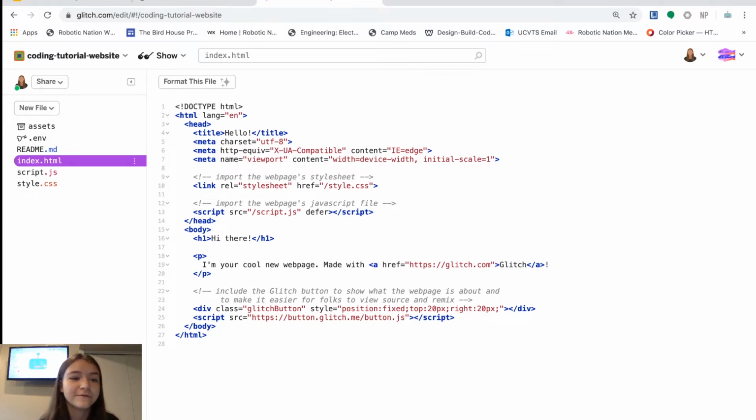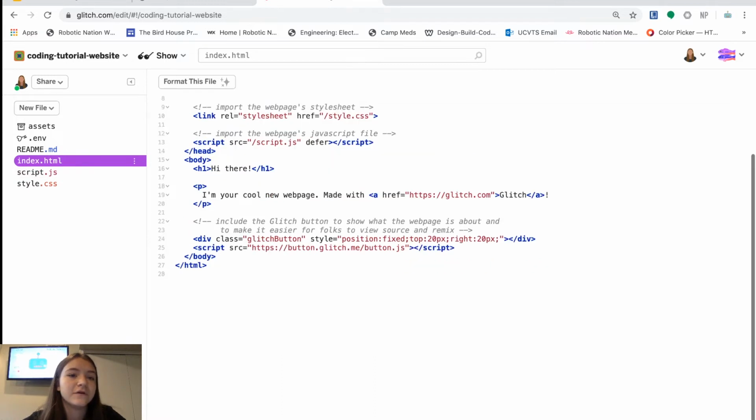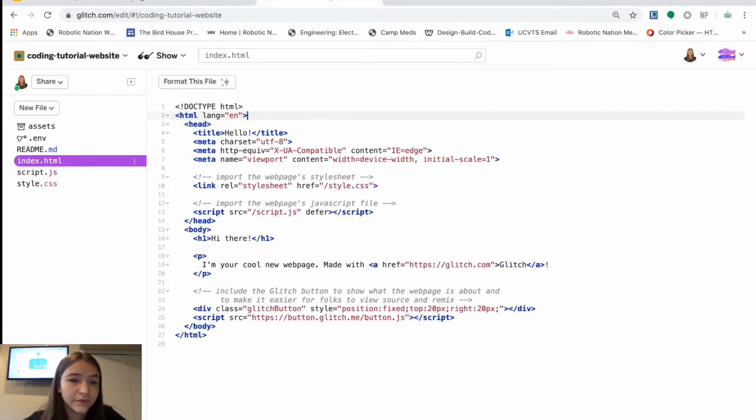Index.html is an HTML file because we have that .html extension, and also, as we talked about in the Google Slides, we have this doctype HTML line at the top of the document. Alright, so let's see if we can find the other things that we saw in the slide. Right after our first line, we have html lang equals en. Don't worry about this too much, all it basically says is the language is